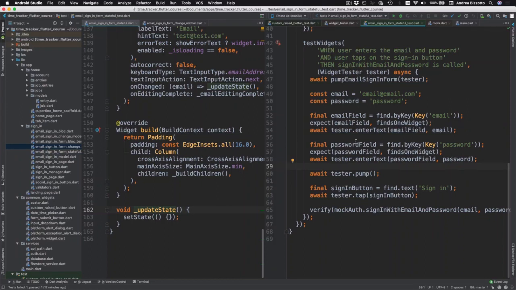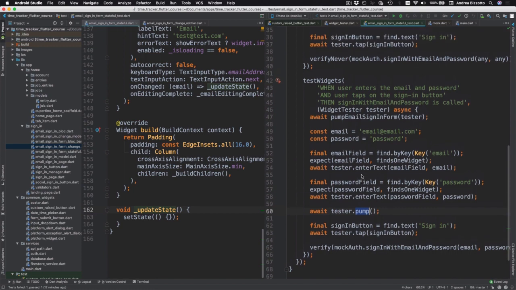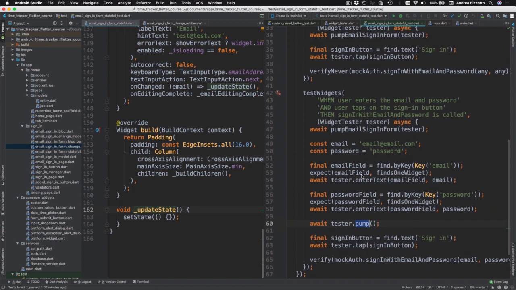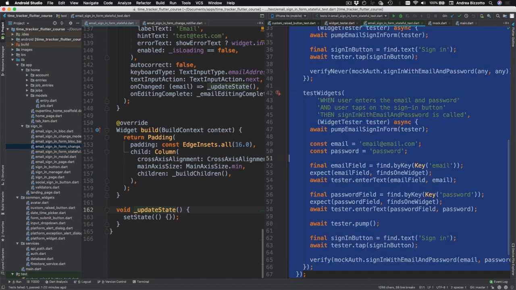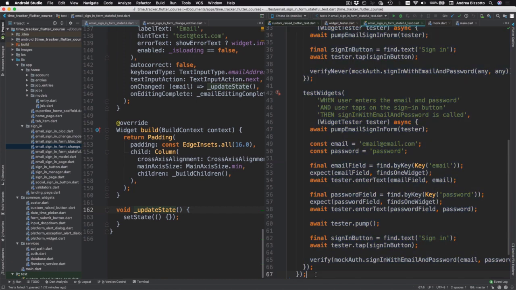In the last video, we added one more test and we have learned about the pump method. And this knowledge is everything that we need in order to complete the tests for the email signing form. So as a next step, I'm going to select this entire group like this, and then I'm going to paste